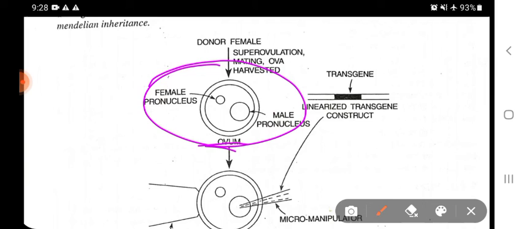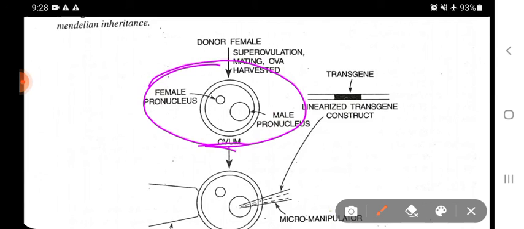As we all know, each and every animal cell does not have the capability to regenerate into a whole animal. So we use the gamete cells here for the transformation experiments. That's why we don't use the somatic cells of the animals, because they will not give rise to a whole animal. They don't have the property of totipotency. So we try to use a pluripotent cell, or directly an embryo cell.